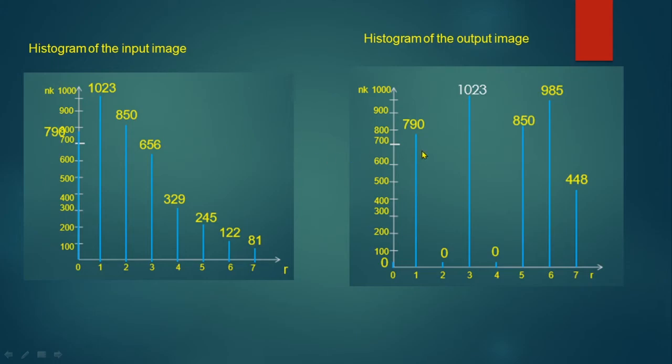This is the histogram of the input image, and this is the histogram of the output image, after applying the histogram equalization. If you observe these two histograms, here the pixels are occupying almost all intensity levels, from 0 to 7, almost similarly. In the input, the maximum pixels are occupying the low